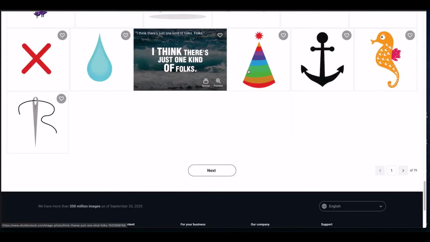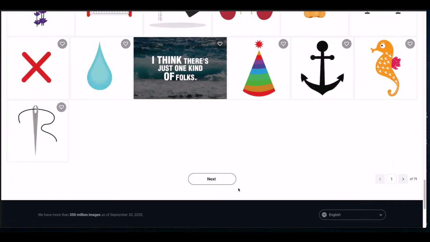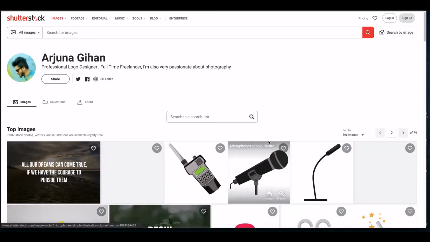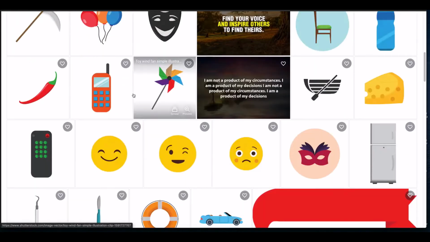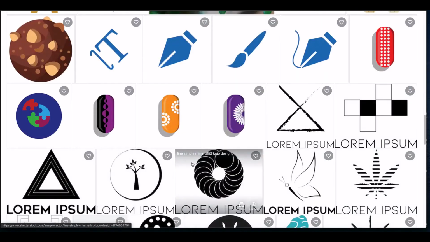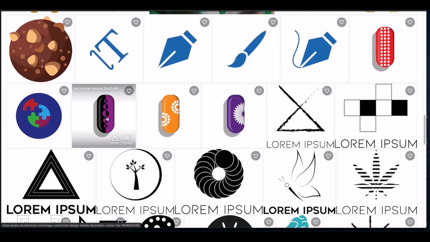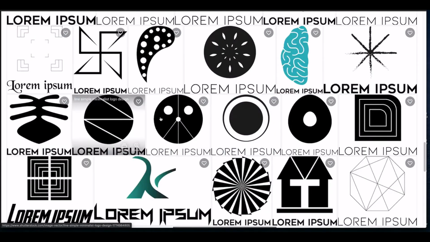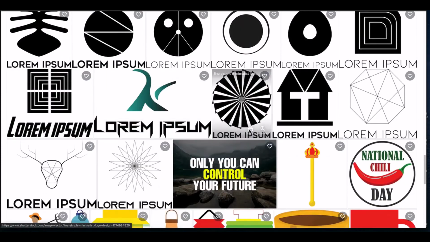That's how I did that, and you can see these icons are very simple, not hard for anyone. These are very simple icons, and you just need to continuously draw them. And you can see these are very similar, but the pattern is different, and this is the way you can continuously